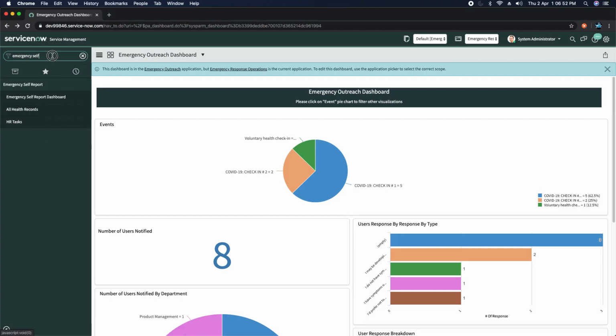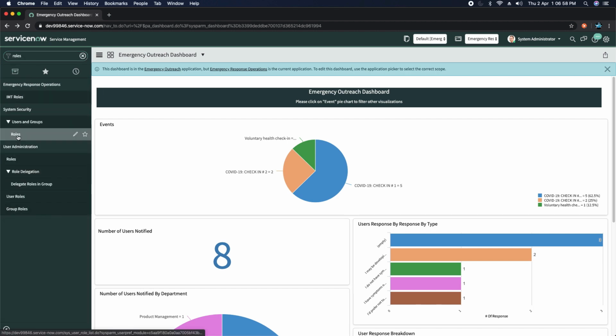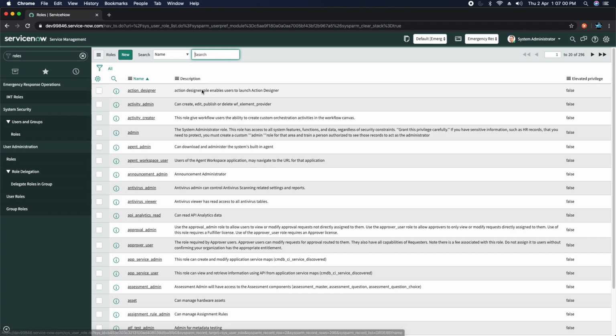Configure emergency self-report. Now, you have to configure this application so that users can use it. So you have to change some basic settings and some system properties as per your requirement. Let's start here. I will first search for the roles. I will go to the roles table because I want to show you the roles we have for this application. Here you type